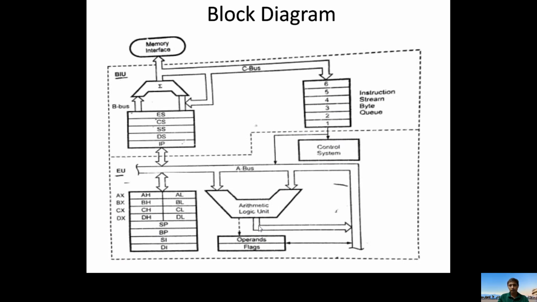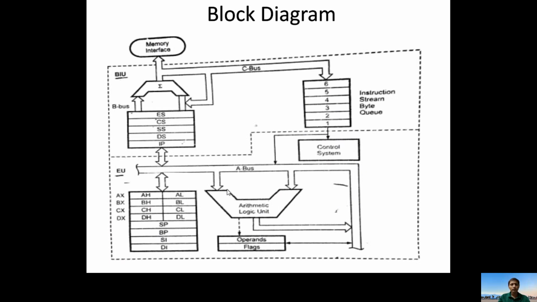We get the result, and that result is sent to the buses. Here we have 3 buses. Bus means a group of signals. The 8086 has 3 buses: address bus, data bus, and control bus. The address bus transmits the address, so selection of address is possible with the help of the address bus. Accessing of data is possible with the help of the data bus. The control bus decides whether the processor reads or writes data, and from where it reads or to where it writes, either memory or IO.